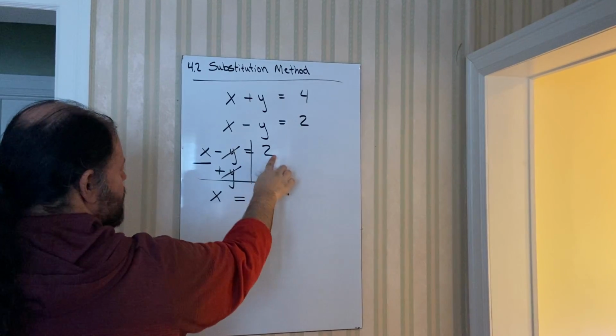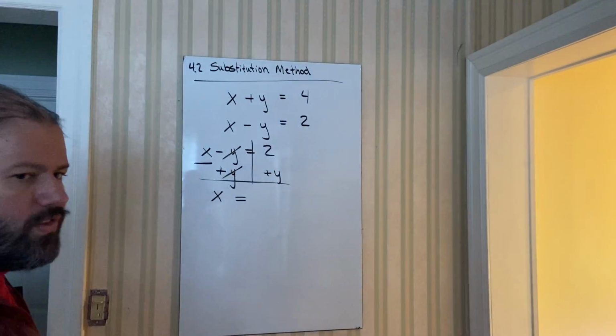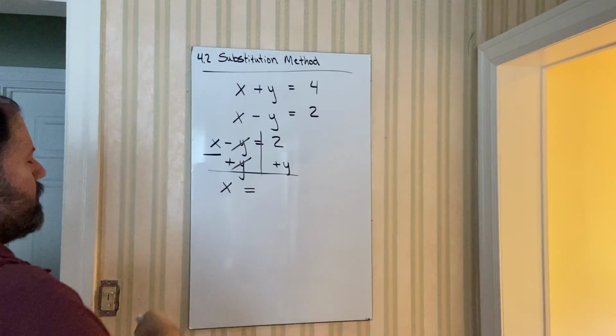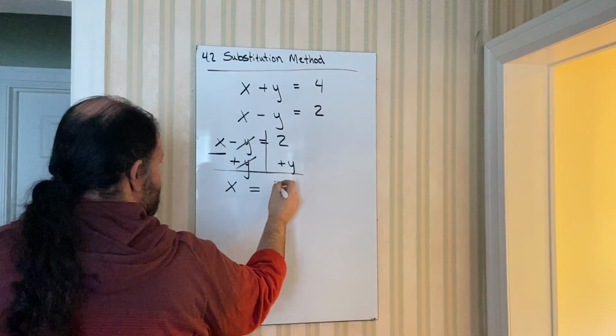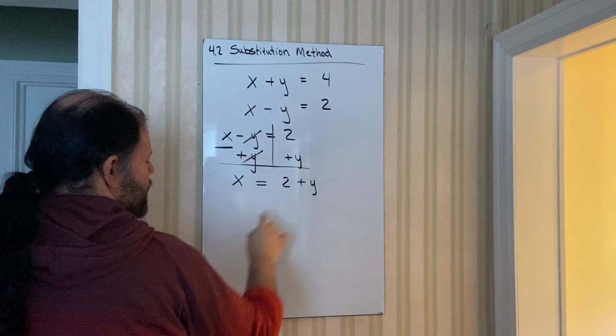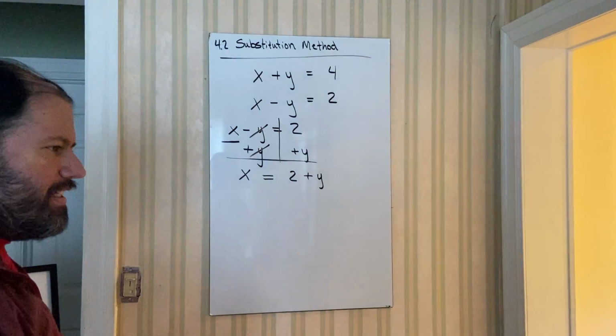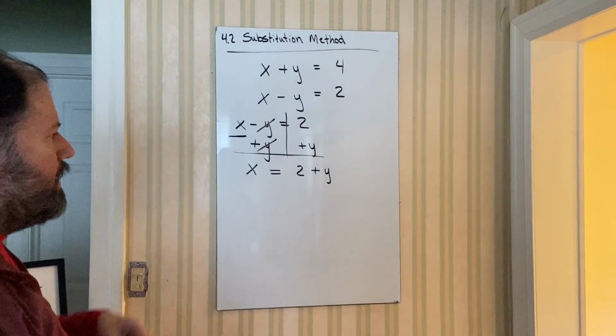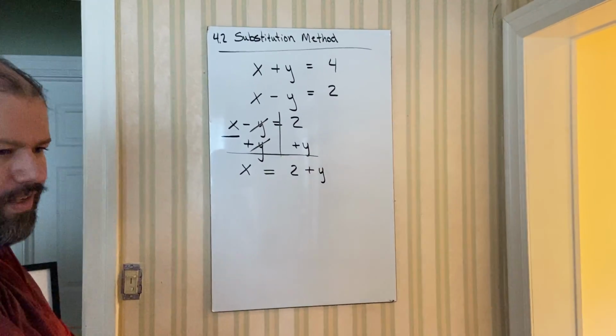And remember, a constant and a variable you cannot combine. So you're going to keep them separate. You can put the 2 first, then a plus y, or you can put the y first and then the constant last. For this, it doesn't really matter. Okay? Now that you got x solved by itself,